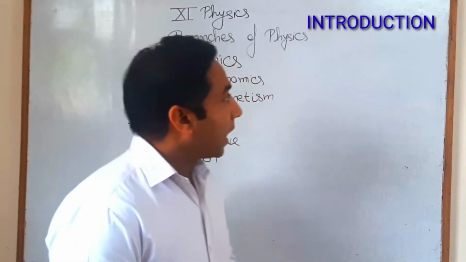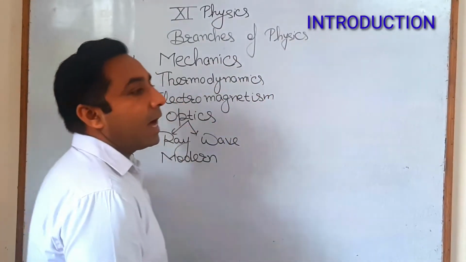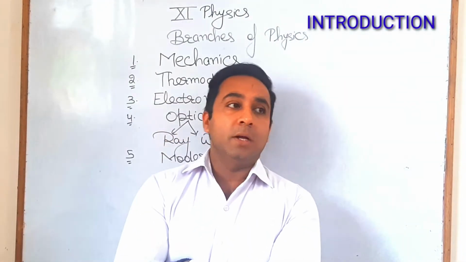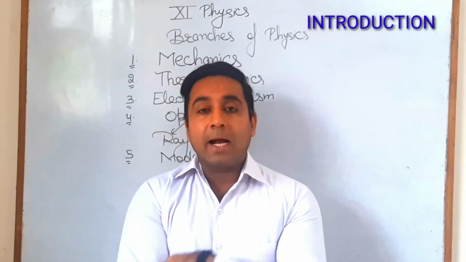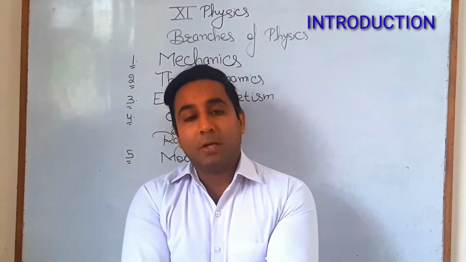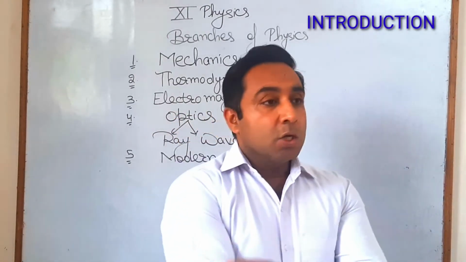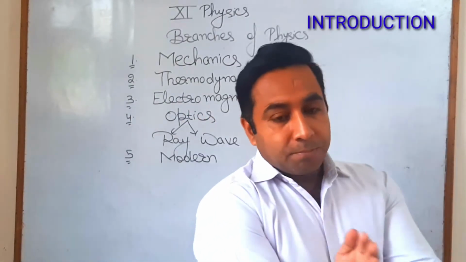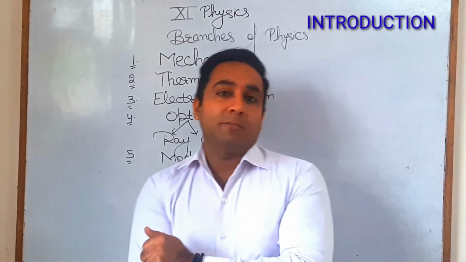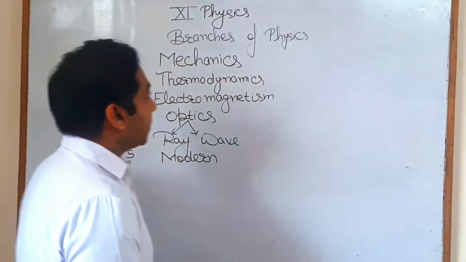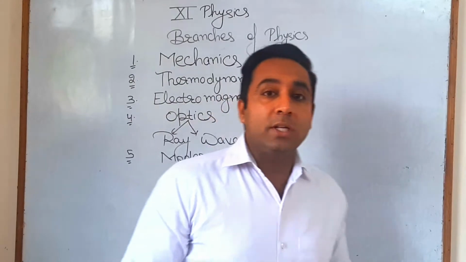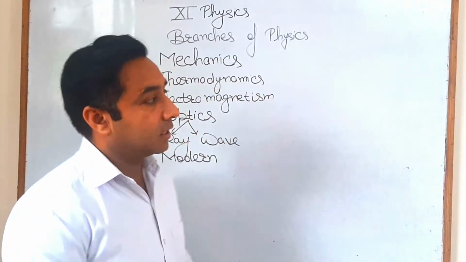So initially today we have to discuss the different branches of physics, meaning in the 11th standard what branches we have to deal with, and in the 12th standard what other branches we have to deal with. There are so many branches of physics, but mainly we have to deal with the 5 branches. Look at the 5 branches here. The 5 branches of physics that we have to deal with in the 11th as well as in the 12th standard